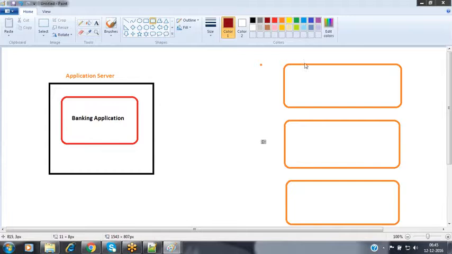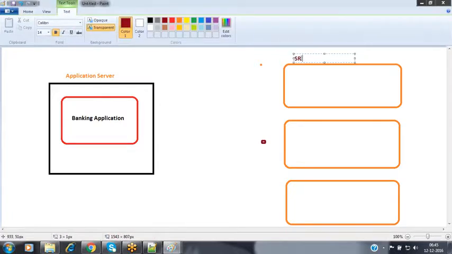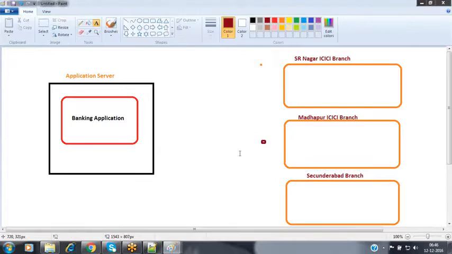Assume that this branch is an SR Nagar branch, this is some Madhapur branch, and the third one is some Secunderabad branch. Now these are the three branches available.